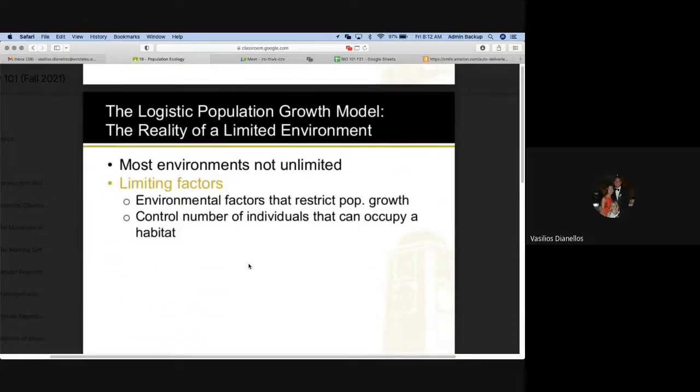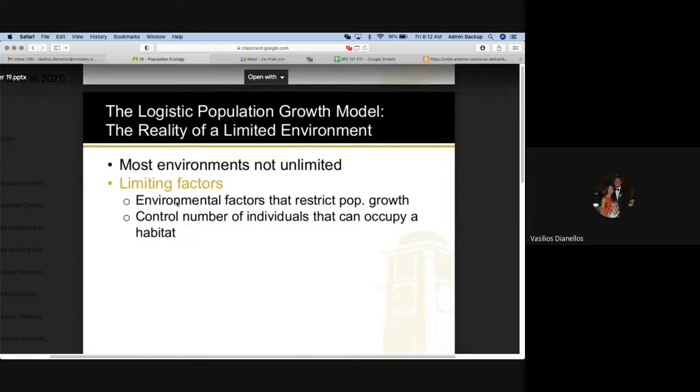As I said earlier, most environments are not unlimited, especially if we're talking about anything other than something as simple as a bacteria. If you're talking about a larger population, like humans are great examples, or the squirrels that live on WVSU's campus, or the maple trees that live in South Charleston, whatever it may be, these are not unlimited environments. There are something called limiting factors, and you need to know what a limiting factor is. And it's funny because this kind of goes back to evolution, even though your book doesn't talk about it right now. It's those limiting factors that cause that unequal reproductive success in evolution, because